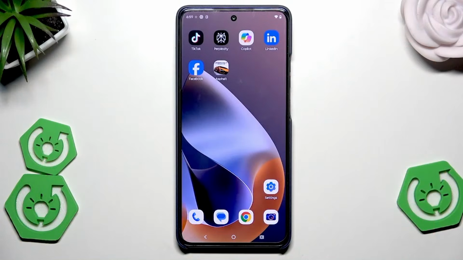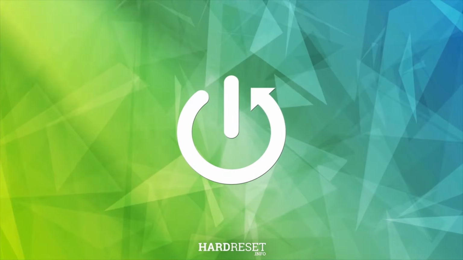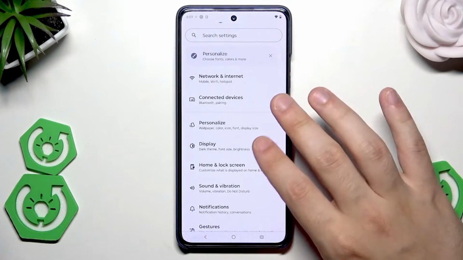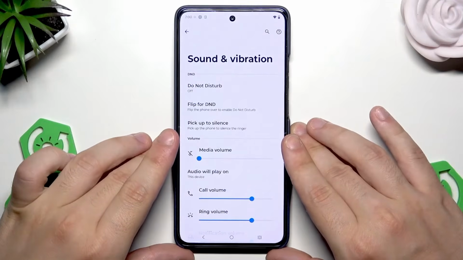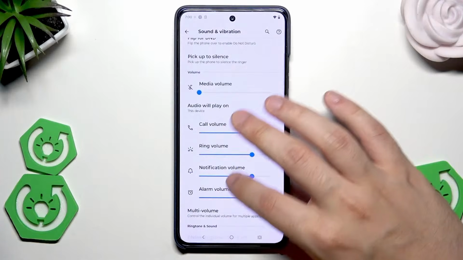Hello, in this video I'm going to show you the hidden sound settings on Motorola Moto G86 Power. Okay, so let's open up the settings, find sound and vibration, and let's begin with a few things. So let's scroll down a little bit